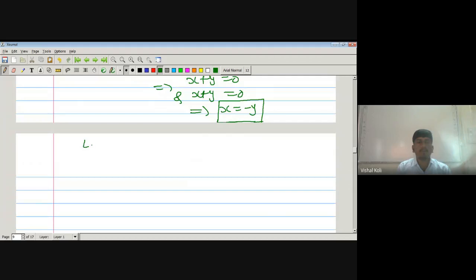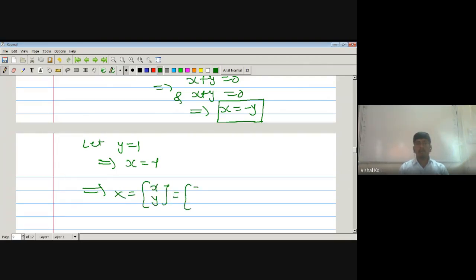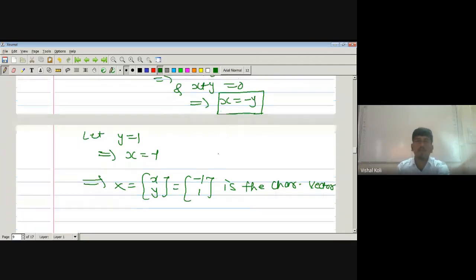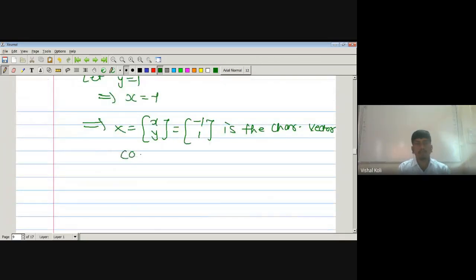So let y equal to 1, which implies x equal to minus 1, which implies capital X equal to (x, y) is equal to (minus 1, 1) is the characteristic vector corresponding to eigenvalue 1. Okay, now for eigenvalue